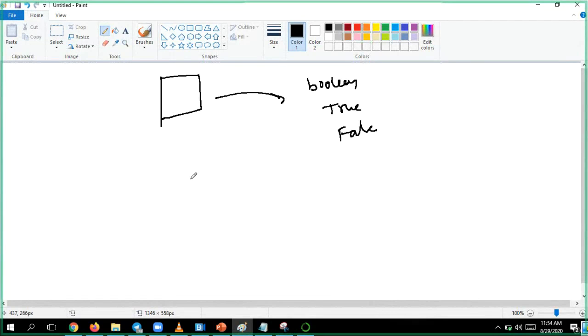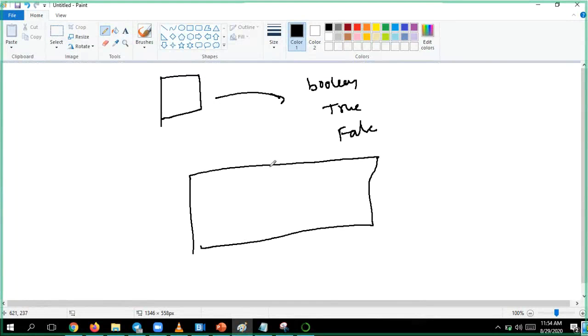So I will make it as a table. This is true and this is false, and this is the input. If I give the input as 1, then it will be true. If I give input as 0, it will be treated as false.